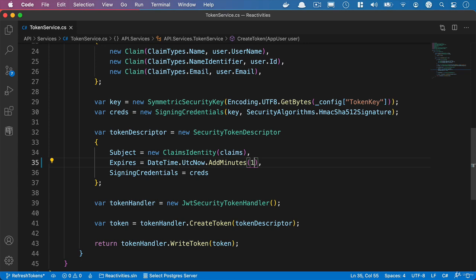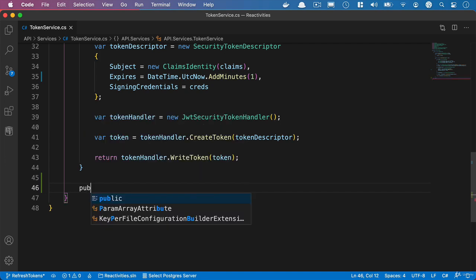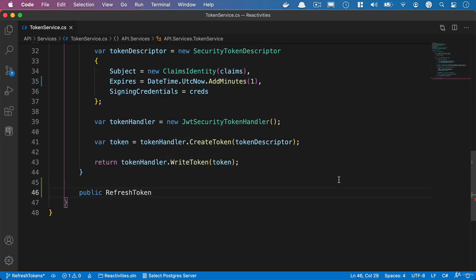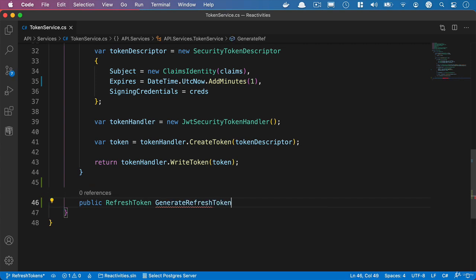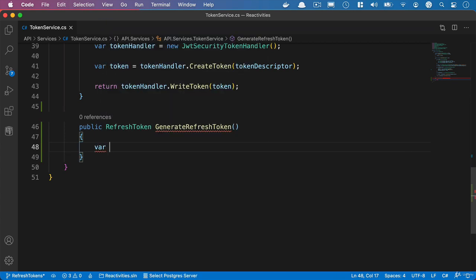new system is working. And what we'll also do is we'll create a method to generate a refresh token. So we'll say public, and we're going to return a refresh token from this. And we'll call it generate refresh token. So what we'll do in here is we'll just create some code to generate a randomized string of text, and we'll say var random number